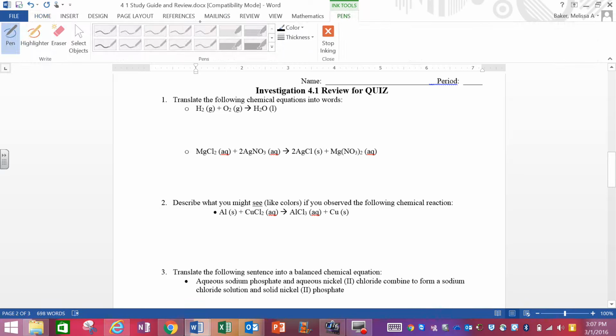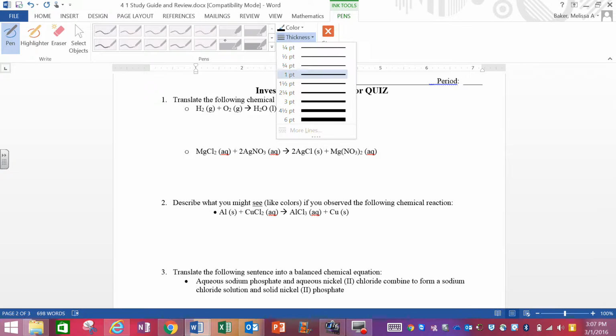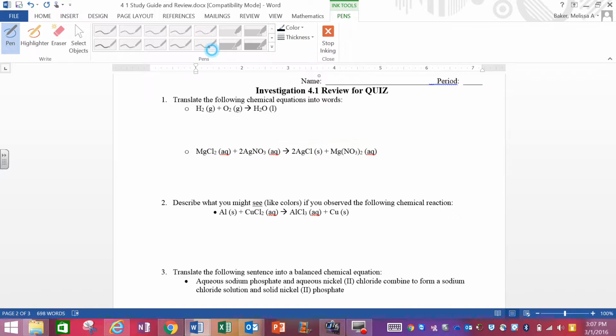All right, we are going over the Unit 4.1 quiz review. So let's start with number 1. It says, translate the following chemical equations into words. Okay, so for this first one, I would say hydrogen gas